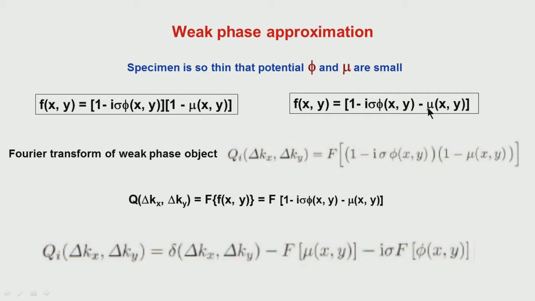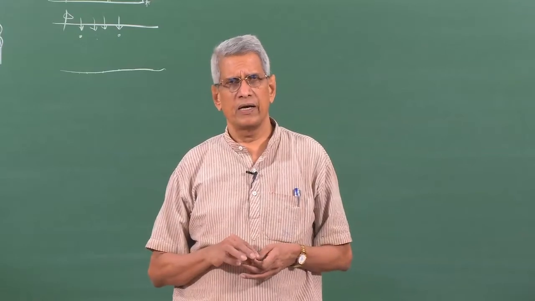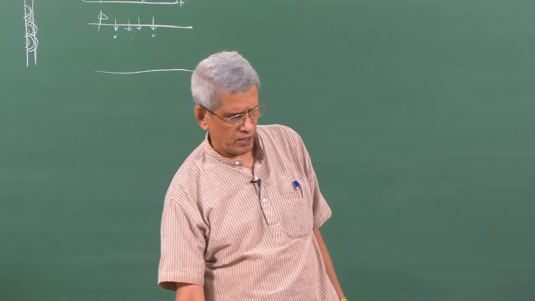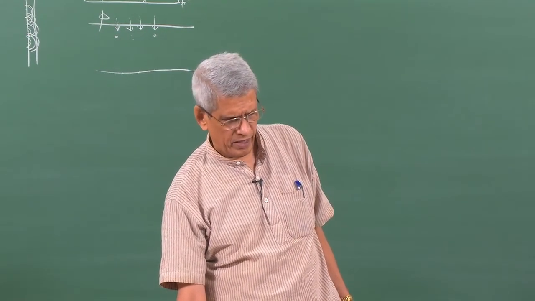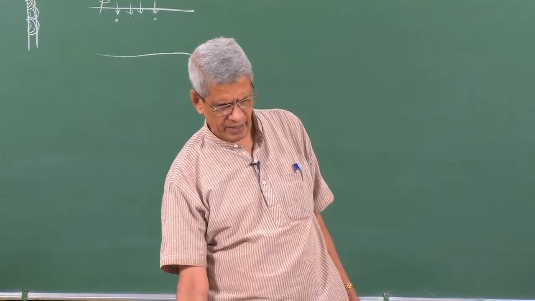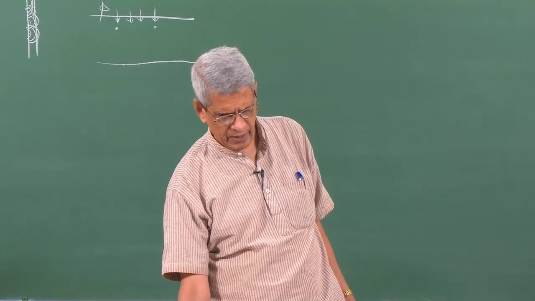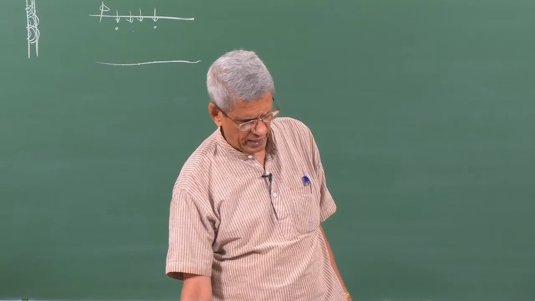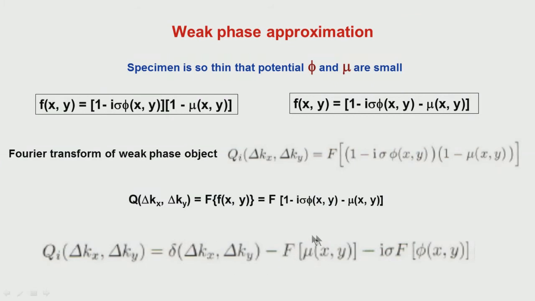Okay. But generally, when we deal with lenses and lens aberrations, and when we look at the back focal plane, we always look into Fourier space. Similarly, for many calculations, doing it in Fourier space is very advantageous. So, what is essentially being done is that the Fourier transform of the weak phase object is given as this. This is nothing but the Fourier transform of this factor, that finally gives rise to one function, a delta function. This is another function which depends upon the absorption, and this is the third function which depends upon the phase which it has introduced.